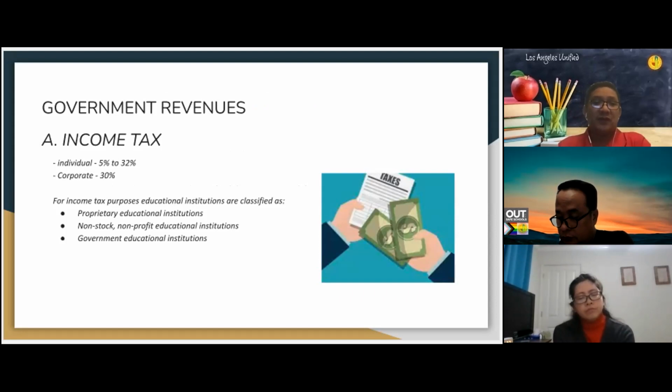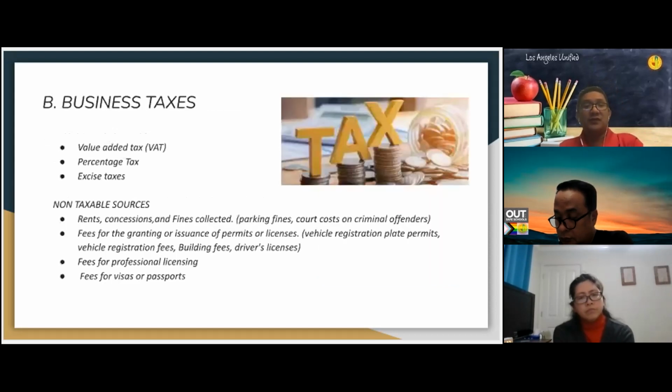For income tax purposes, the educational institutions are classified as proprietary educational institutions, non-stock non-profit educational institutions, and government educational institutions. Another source of funds from the national government is the business taxes, which is the VAT, value-added tax,